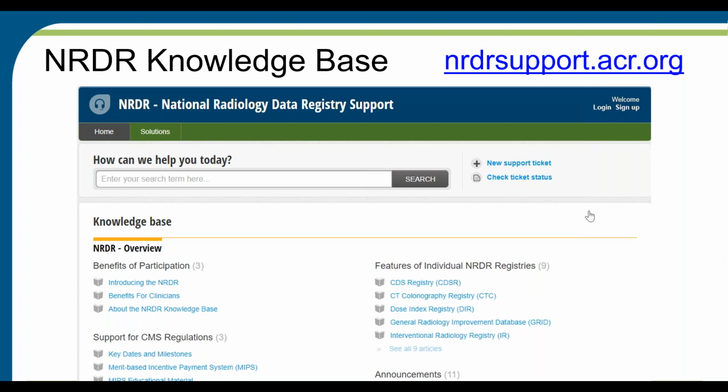The knowledge base contains both general and specific information regarding the NRDR. When searching for the topic for which you have a question, you use the search bar located at the top to type in your question, or it can just be keywords. Once you click search, the search function matches what you have typed against the entire knowledge base content and the titles of the articles in the knowledge base using the keywords that you've typed in. Once you click on one of the results that it gives you,